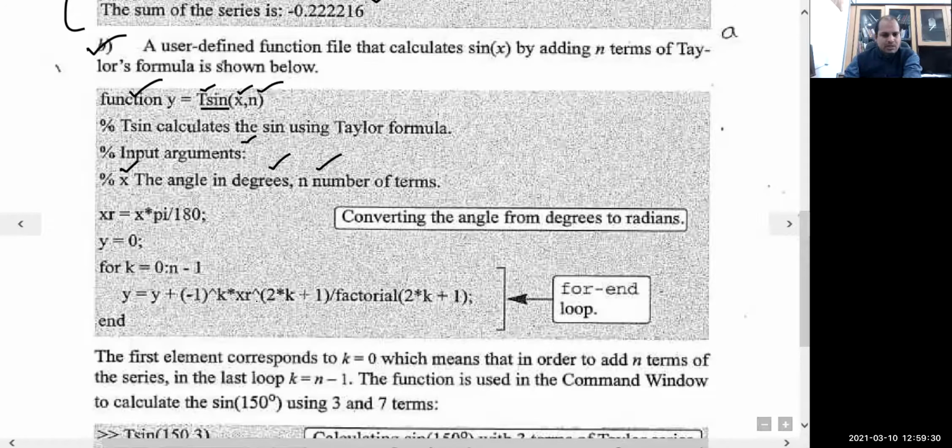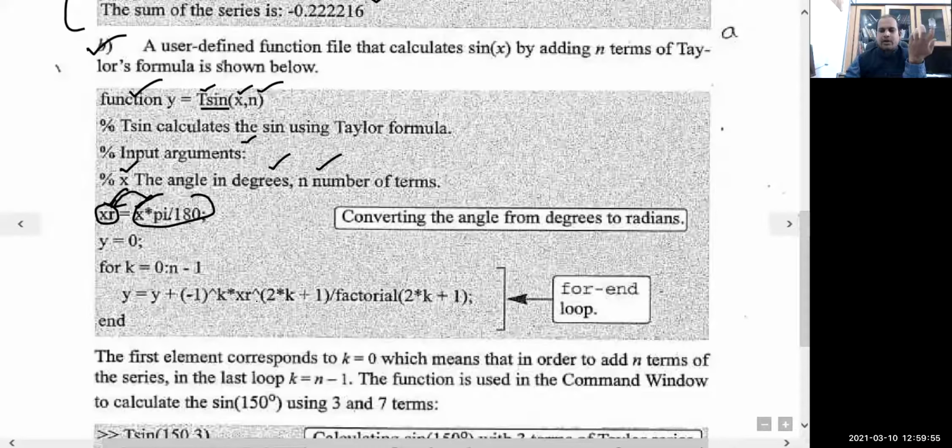Since the question demands that you take the value of x in radians, whatever x you enter, you have to multiply it by pi by 180 to convert into radians. So this is the value of x. Let us call it xr. On the right hand side, we already know that equal to is used as the assignment command, so whatever is written on the right hand side will be assigned to the left hand side.